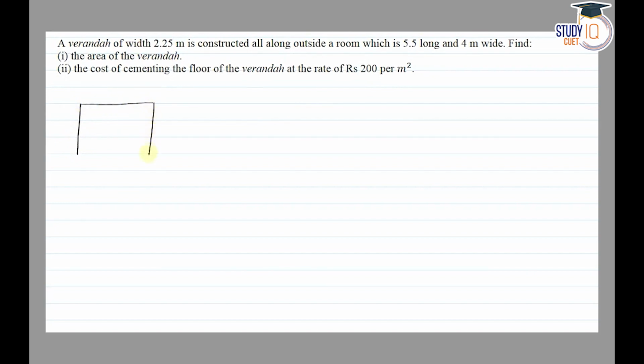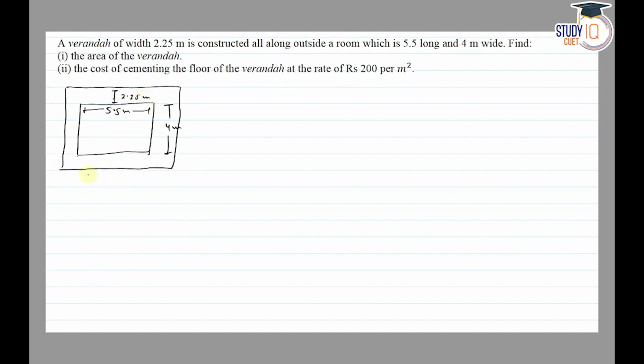So हमारे पास एक रूम है जिसके हमें डायमेंशन गिवन हैं, 5.5 मीटर लॉन्ग एंड 4 मीटर वाइड। देन 2.25 मीटर width of veranda constructed all along outside. So यहाँ पर हमारे पास एक और ये हो जाएगा हमारा वरांदा जो कि 2.25 मीटर